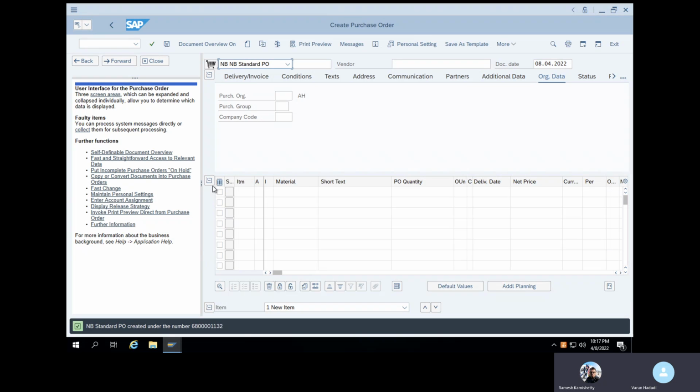So as of now, master data is completed. Do you have any doubts in the master data? Material master, vendor master, purchasing info record, source list. Okay. The purchasing info record is used for maintaining the price for the combination of vendor, material, plant, and purchasing organization. I forgot, what's the transaction code for the purchasing info record? ME11. Okay, got it.